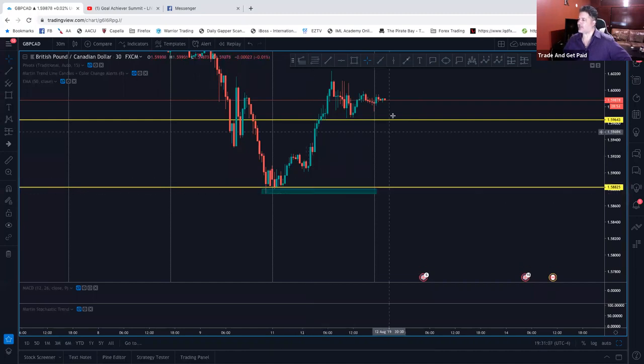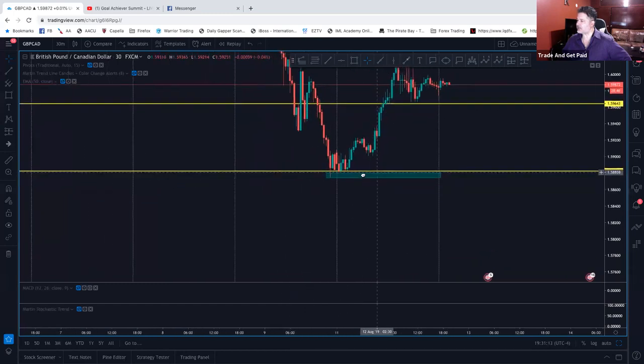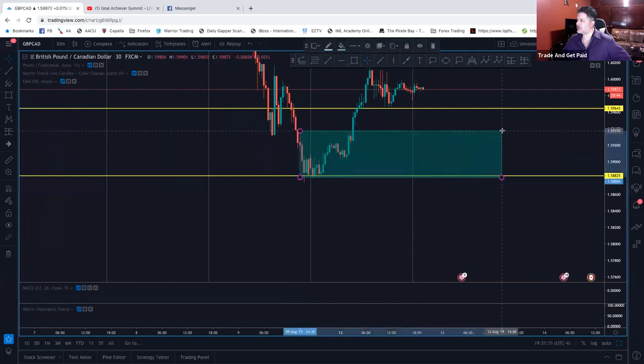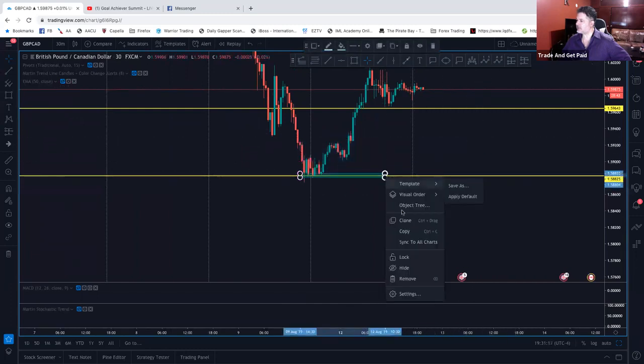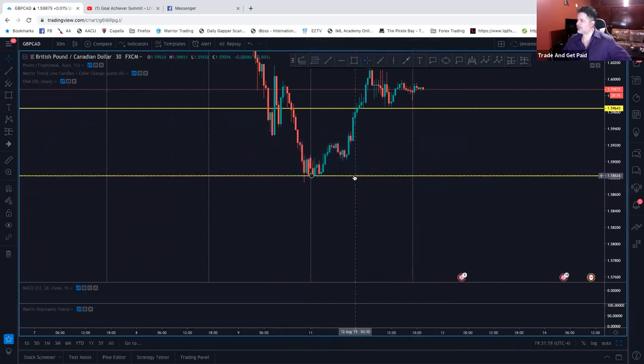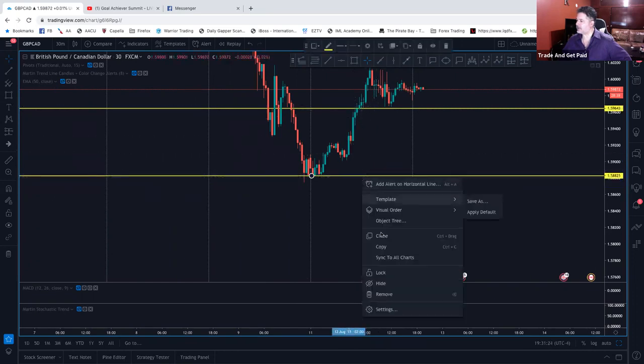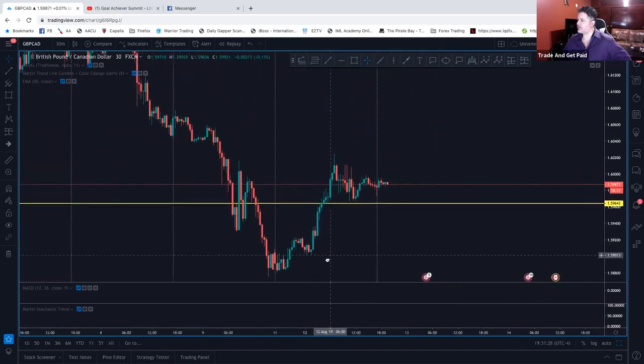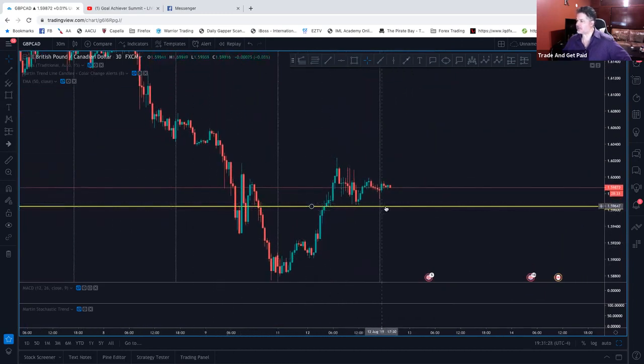So for example, right now the action is up here. Hold on, let me move this. I'll just close it out. This is not the zone. This is the zone that we found on the daily. Let me remove this. On the daily, this is a very strong zone, all right? So we would draw out